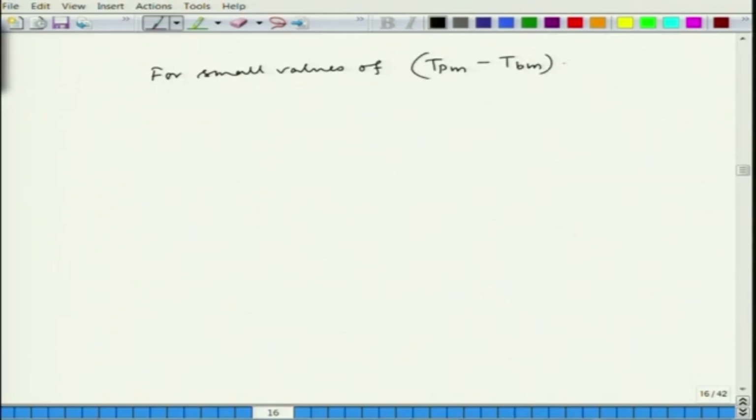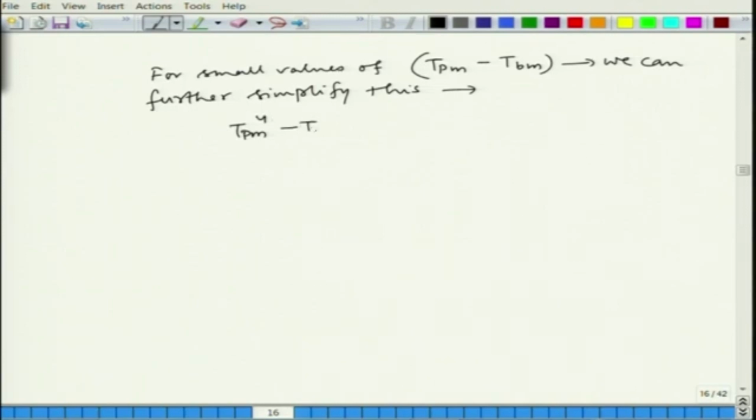We can further simplify this, and what we get is T Pm to the power 4 minus T Bm to the power 4, which, let me write, is approximately equal to, and this is true for small values of delta T Pm Bm,